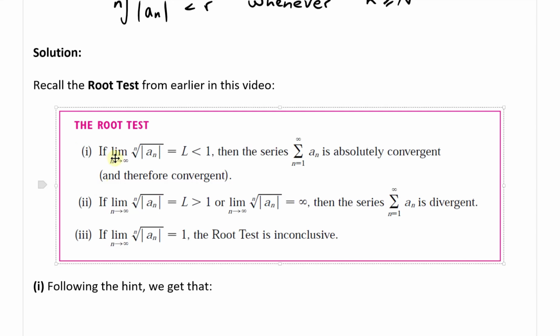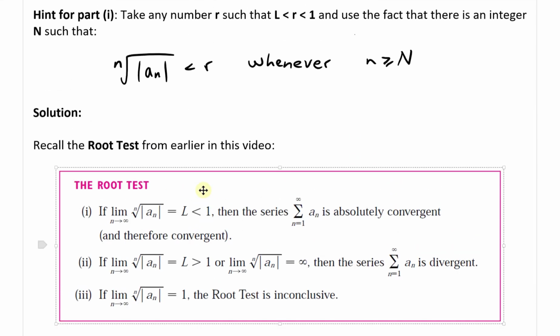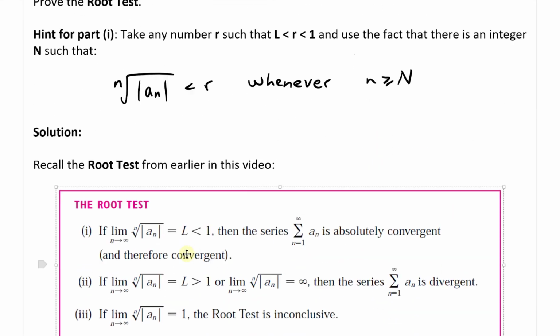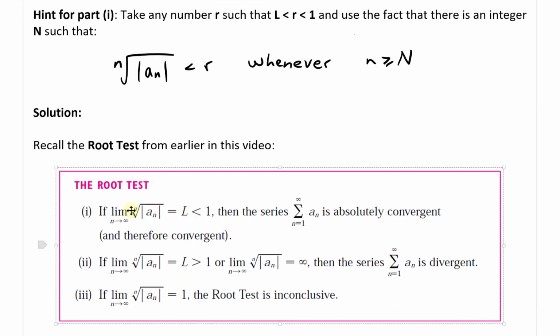If the limit as n approaches infinity of the nth root of the absolute value of a_n is equal to L and it's less than 1, then the series a_n, or the summation from n equals 1 to infinity of a_n, is absolutely convergent and therefore convergent in general. Yes, and the hint now gives